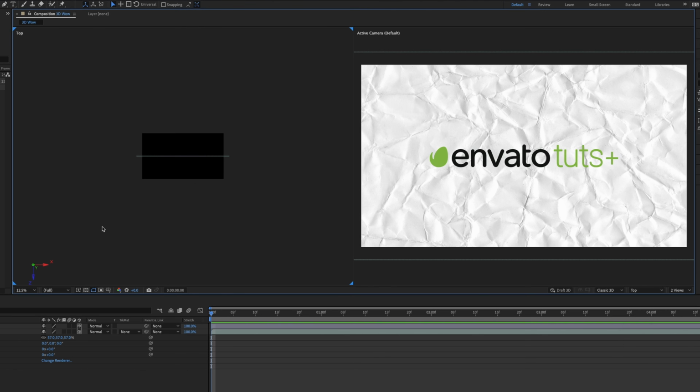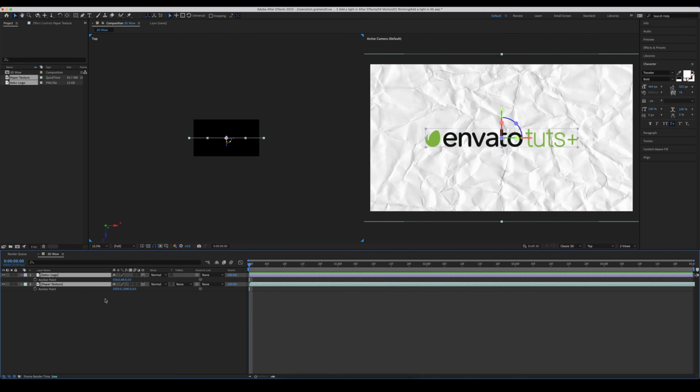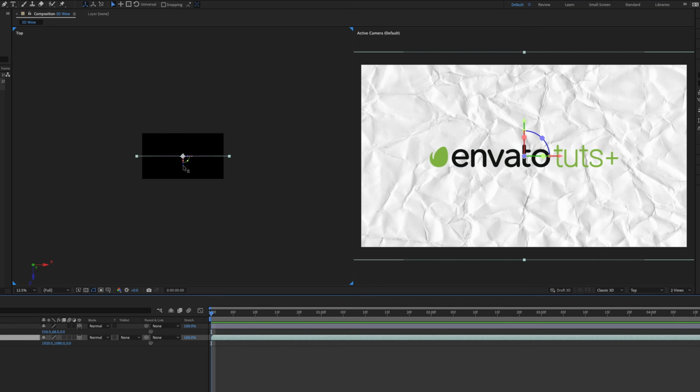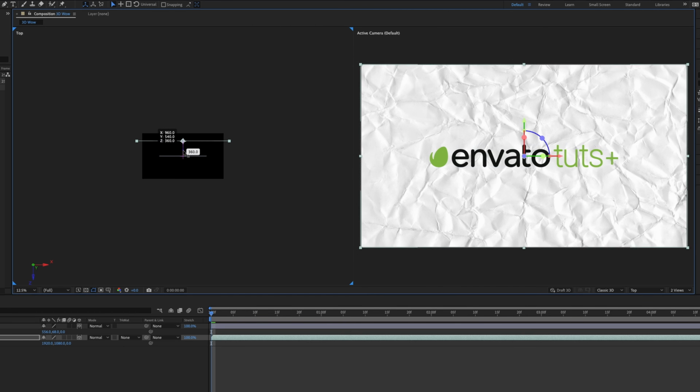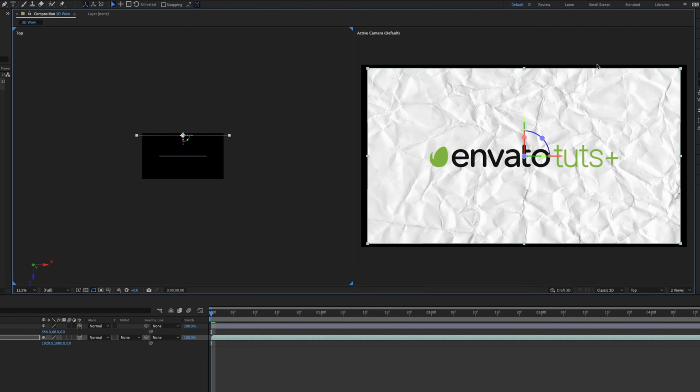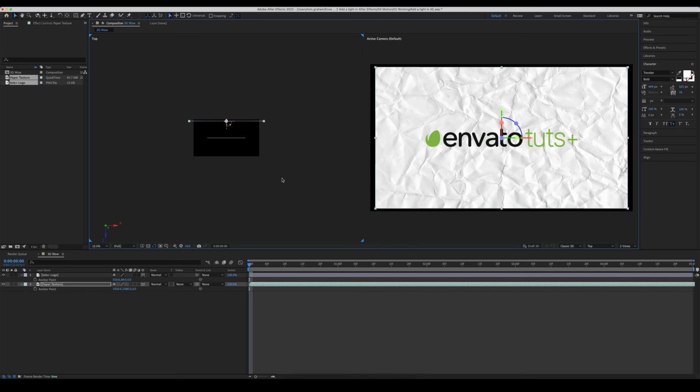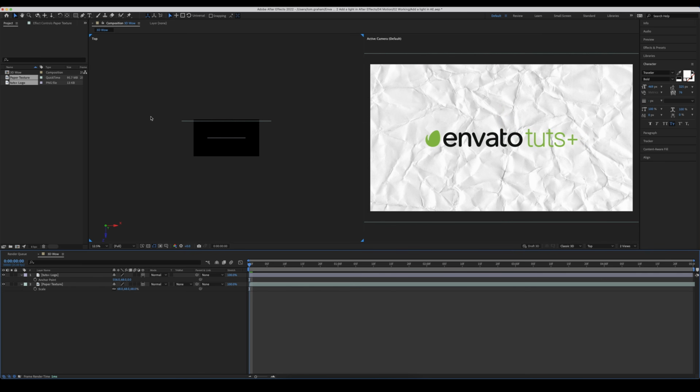So basically the top-down view is looking at our composition here from the top down. So at the moment we're seeing both of these assets and we can tell that they're on one 3D plane here. So if I grab the paper texture and I grab our little Z axis here and push back, it looks like I'm shrinking the size of it in our active camera, but actually I'm just pushing it further back in space. So clicking our paper texture here, hitting S, just bringing that bigger again, still keeping it at the back,